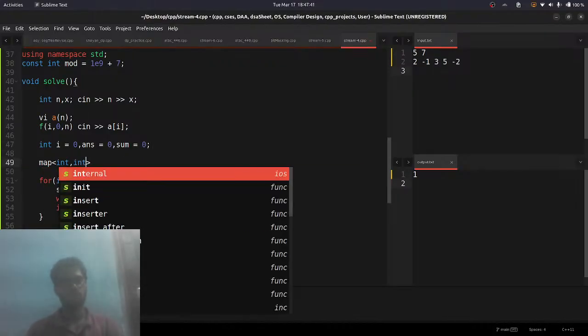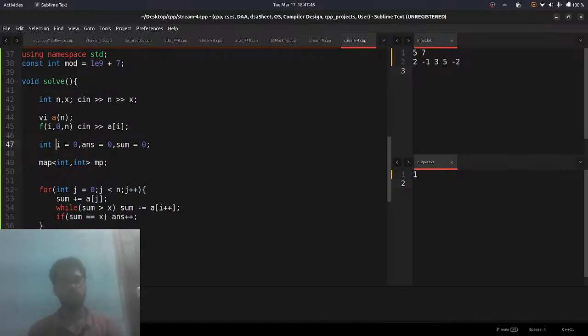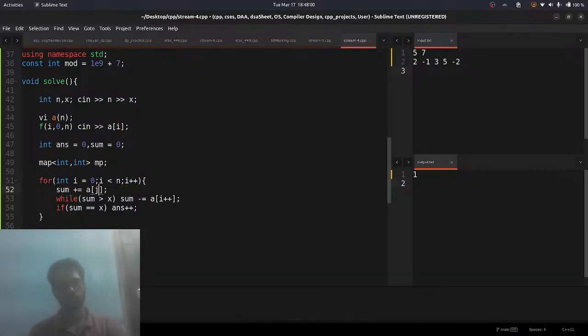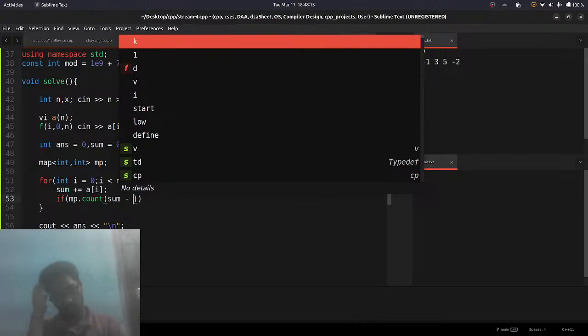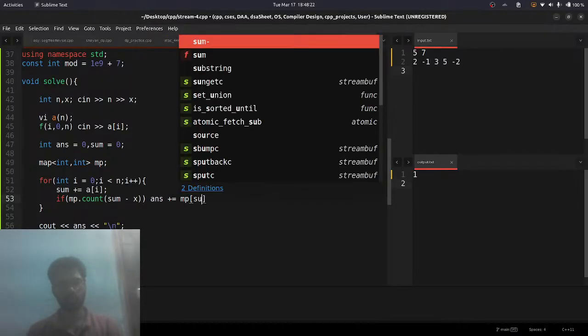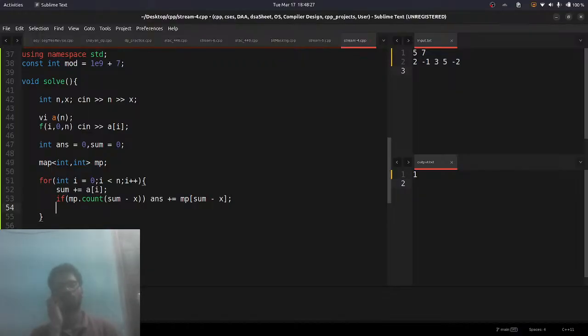We have map. If map dot count of this sum minus our target, which is x, then answer plus equal to mp sum minus x. Otherwise we will just